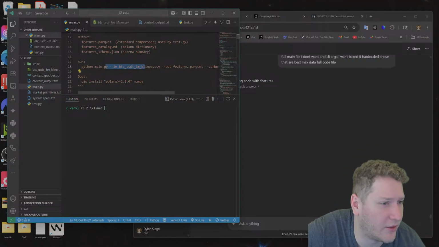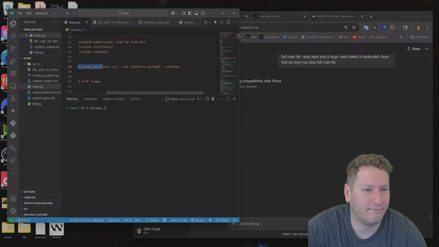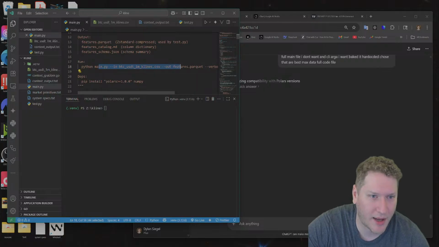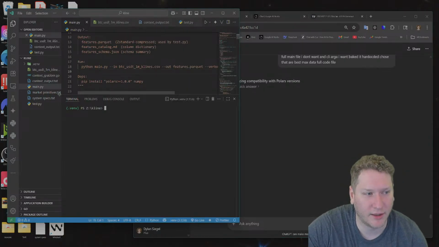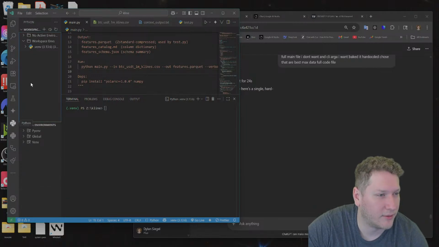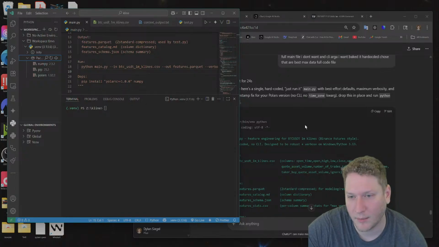Oh shoot, all this stuff here. Yeah, I don't like messing with that. I just want it to be Python main, run it. I want max data. So yeah, greater than 1. What do we got here? Yeah, we have 1.32.